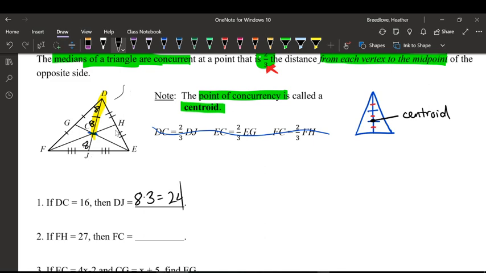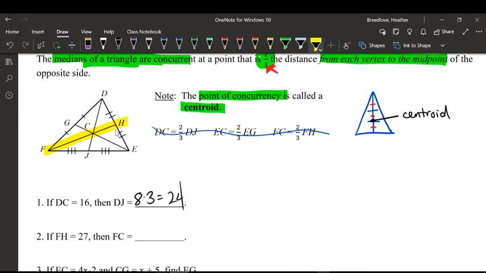So every time, you want to break it down to find out what one of those pieces is, and then your answer will be one of them, it'll be 2 of them, or it'll be all 3 of them, depending on what part of the median the question is asking for. All right, so I'm going to look at the next one. If FH is 27,